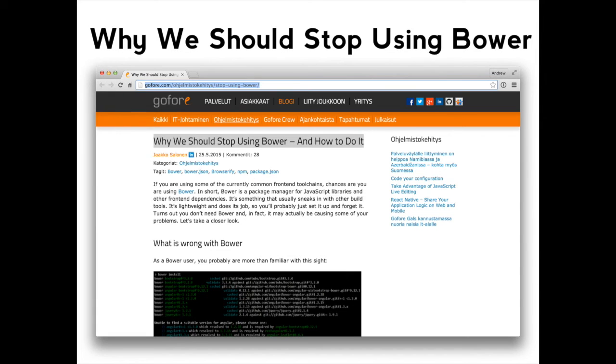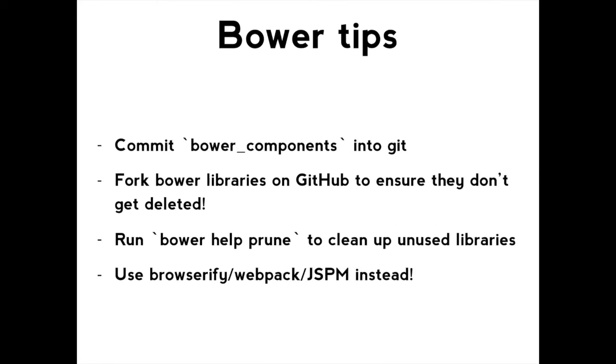If you do happen to be stuck using it, there are a few actual tips rather than just don't use it. But I would suggest trying to essentially lock it down so that bad things can't happen. It might sound crazy, but you should probably commit your Bower components into source control, because like old npm, if you do bower install again, you don't necessarily get the same thing, because Bower takes the head of every Git repo that it knows about.